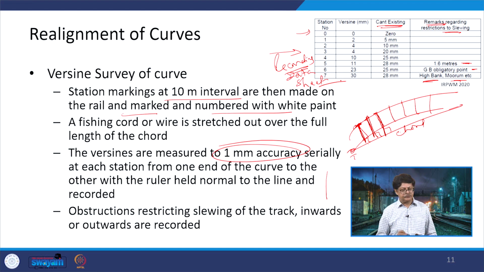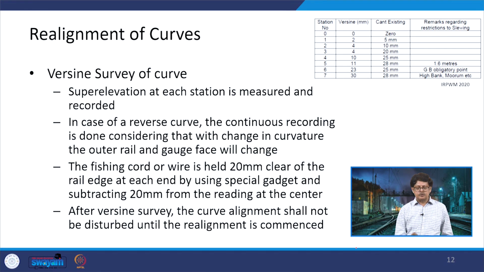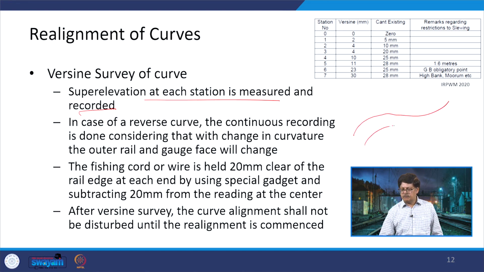This is how you will do it. Super elevation at each station is measured and recorded. In the case of a reverse curve, the continuous recording is done considering that with change in the curvature, the outer rail and the gauge face will change, which is obvious, because if the curve is going in this form,